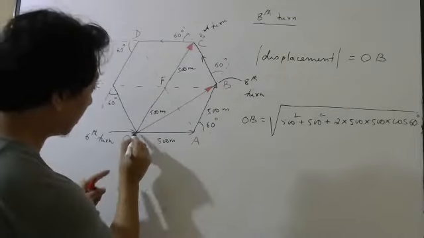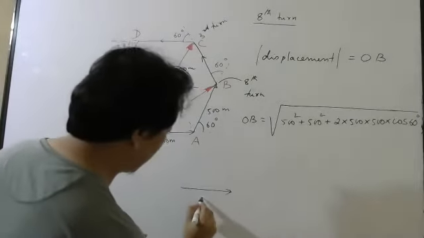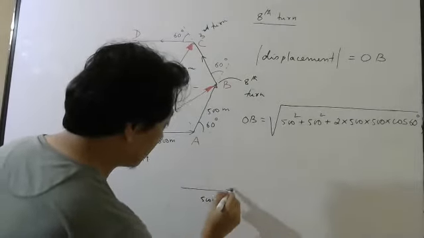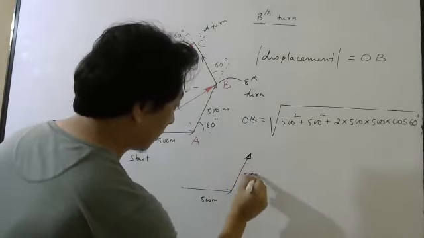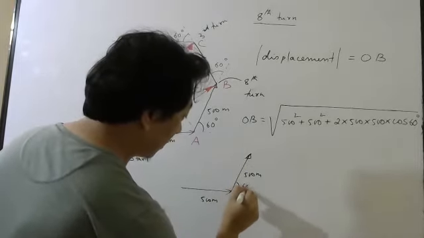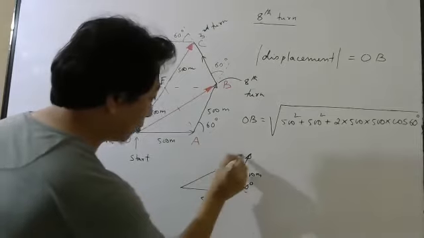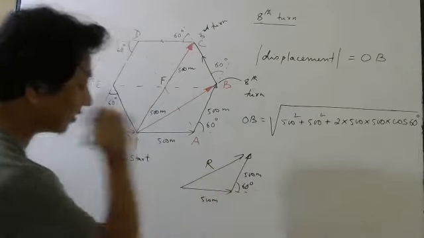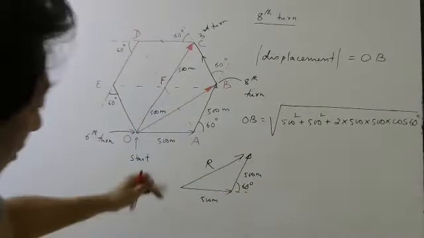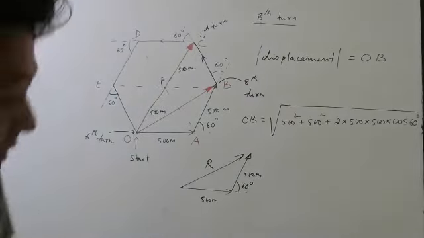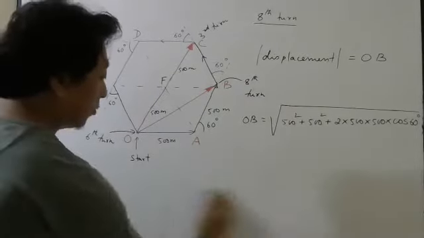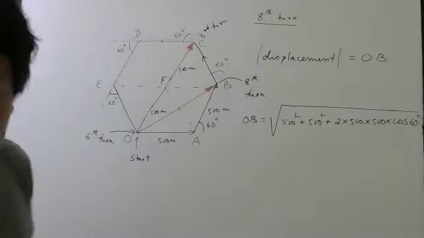Basically what I'm saying, this vector, if you draw separately here, 500, this vector, 500, which is at an angle of 60 degree, can be found by adding these two vectors. You can find this resultant vector, right? So that will be your displacement. So for only this one, we need to do some calculation.